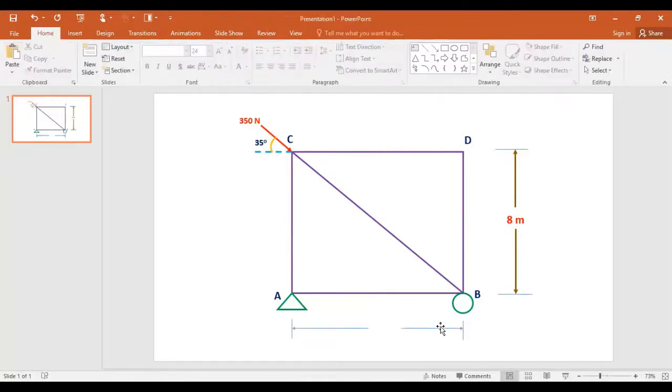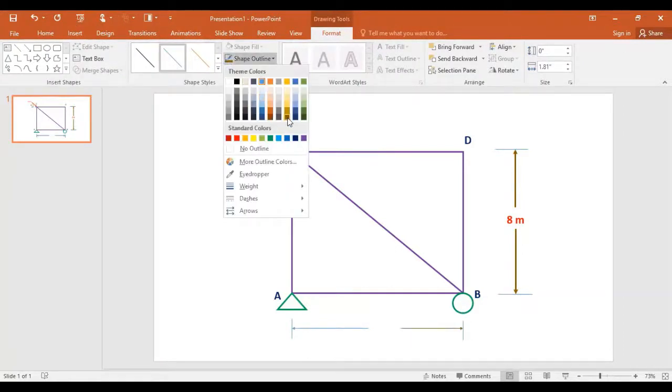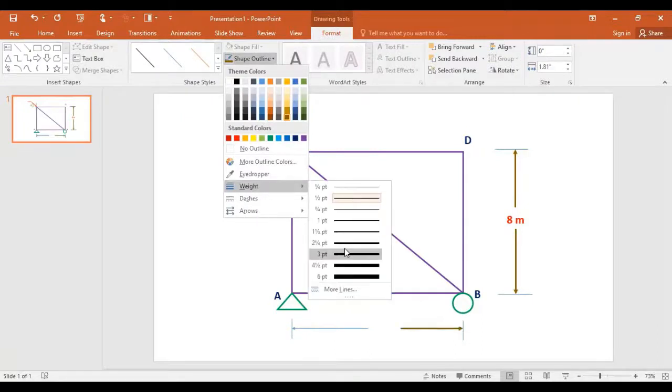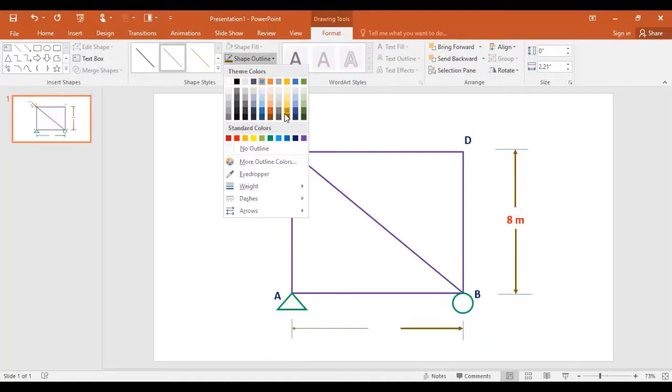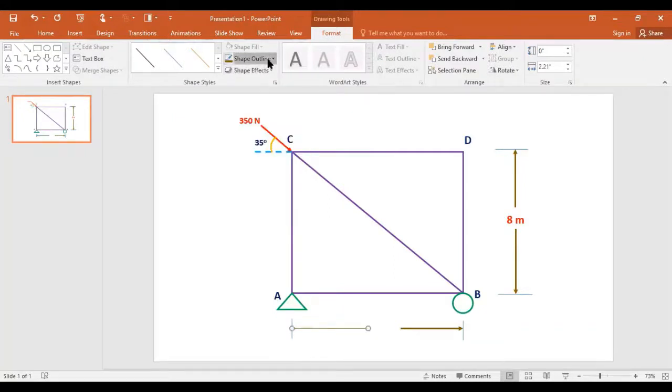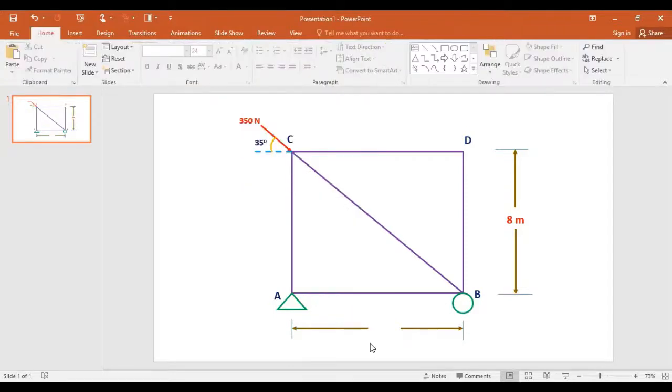This one. Now I'm going to select its color, and for example, I have already taken brown color, so I'm also taking brown color here, and the width should be 3 point. You can say the weight of the arrows should be 3 point. It's up to you, it's completely your choice. I'm just telling you how you can present your numerical or your calculation well.